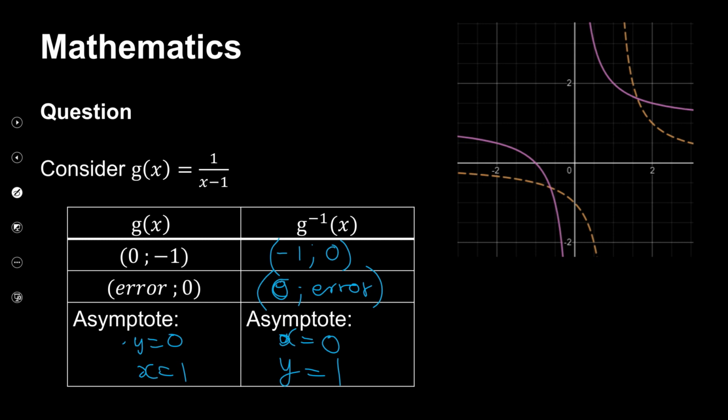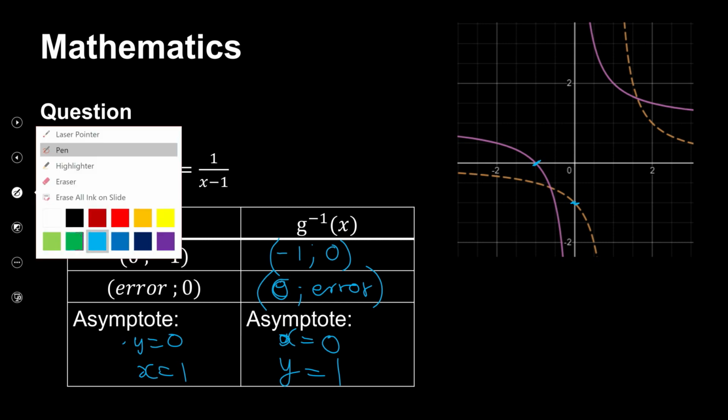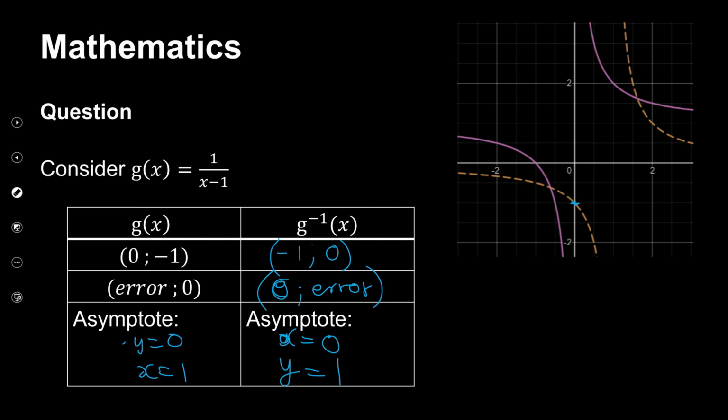So firstly, remember it was 0 and minus 1, which was somewhere there, down there, I mean. And then it was the asymptotes that we had, which was y is equal to 0, meaning it will be on the x-axis, and then x is equal to 1 will just be simply there. So the dotted line will be the original,